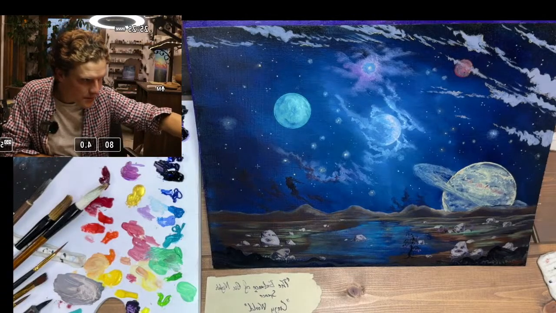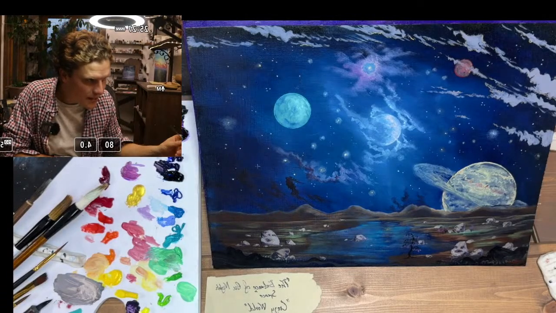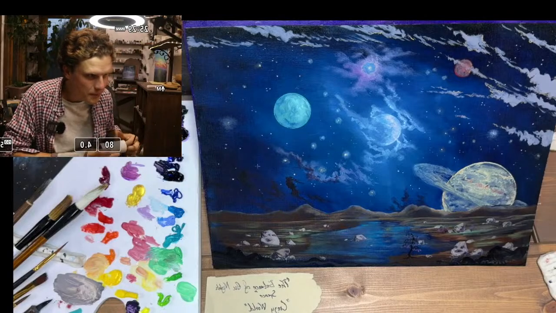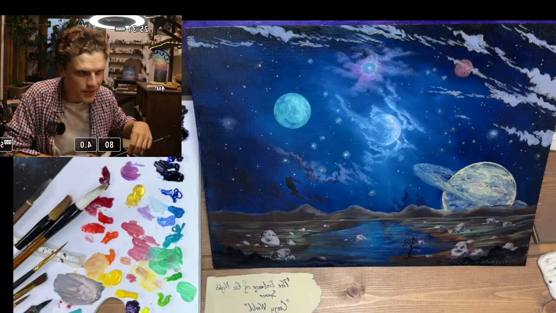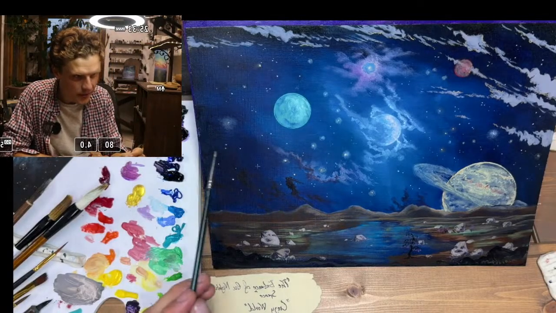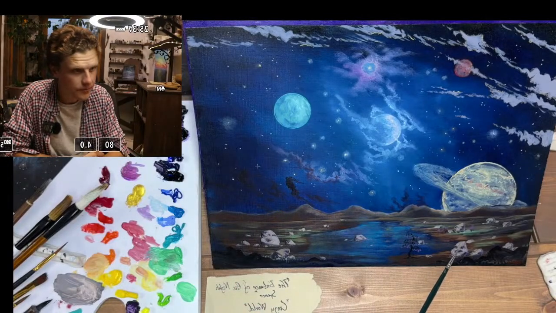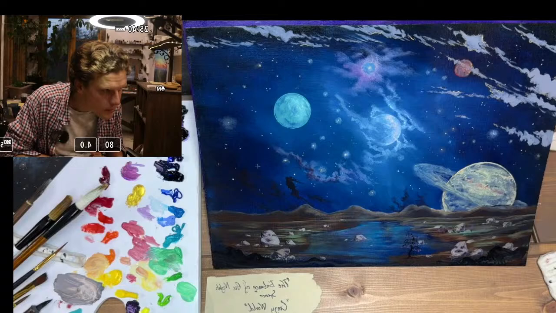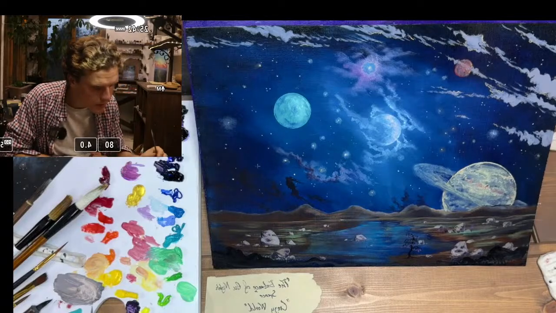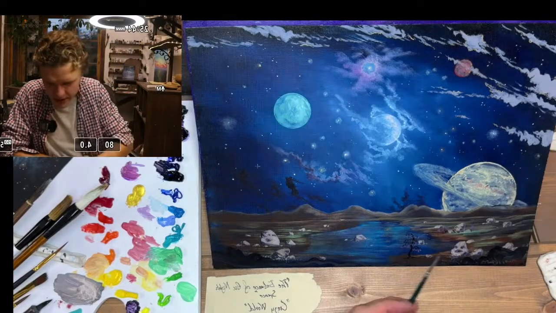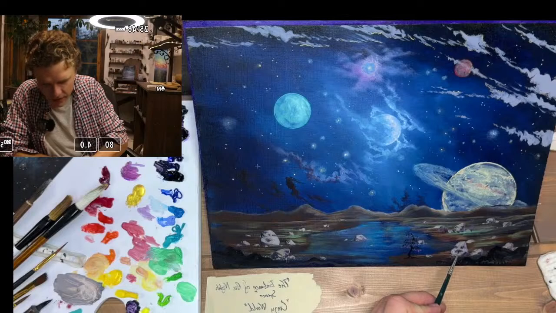Boulders look good. Perhaps a third eye-like thing on the big right one. So a third eye on the big right one here. A third eye. Do you mean a third eye? So something like this?